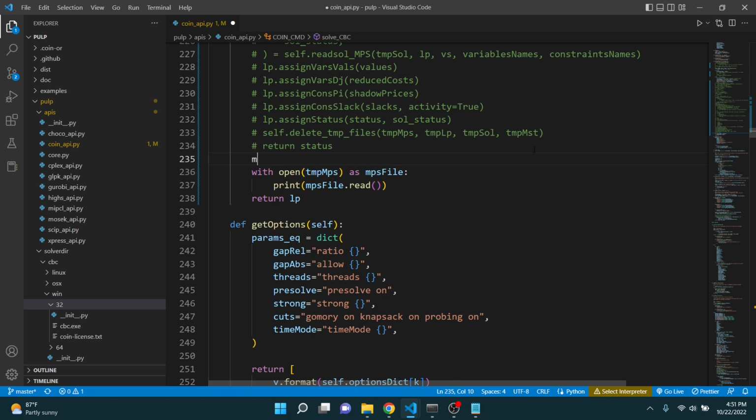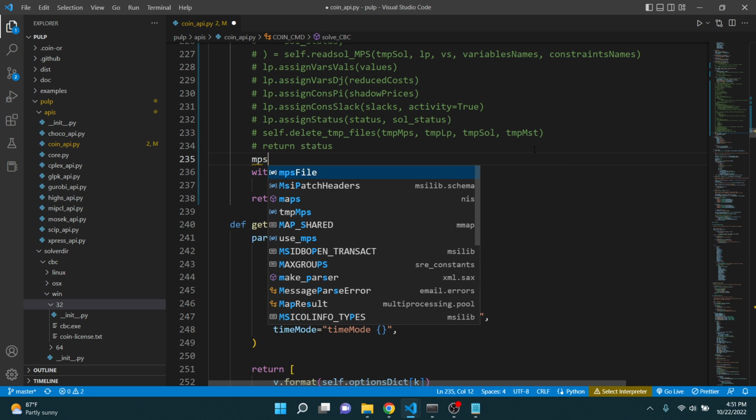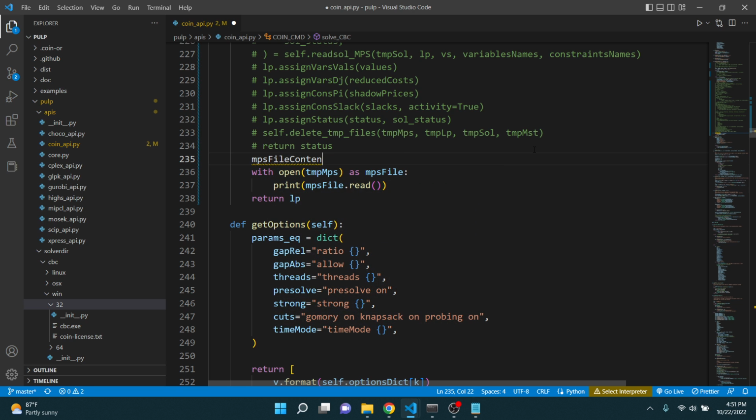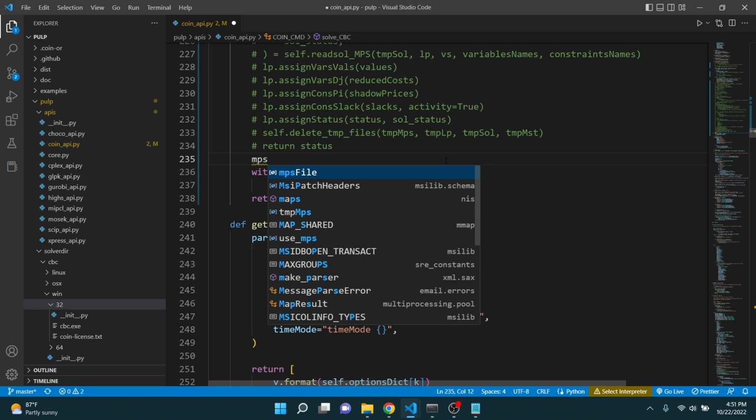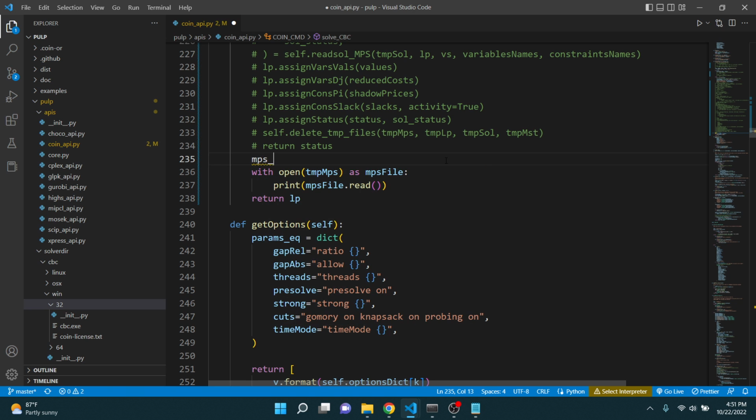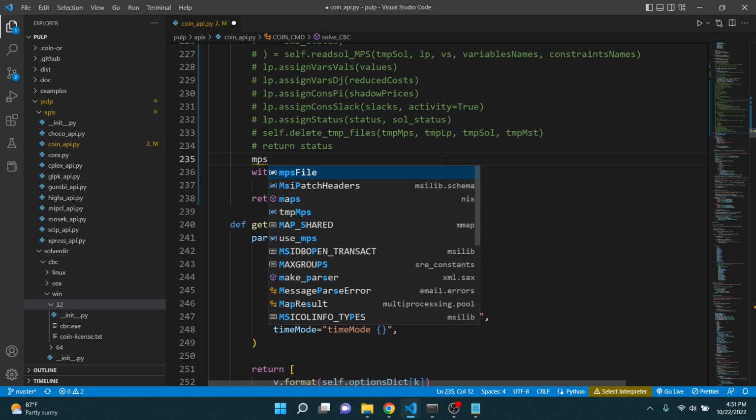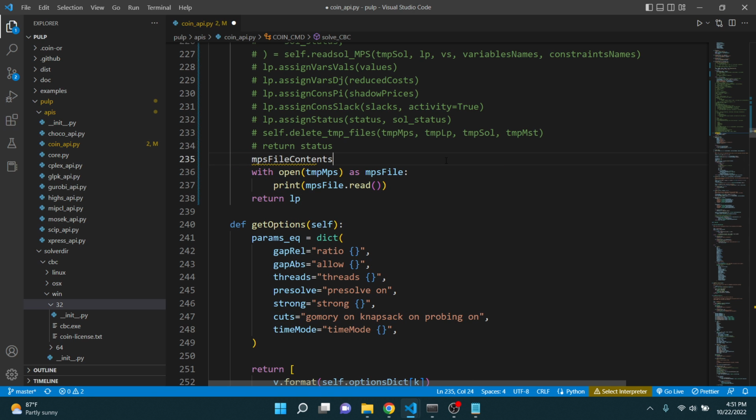Let's just make a variable outside of the scope. MPS file contents. Let's make it. These guys are using camel case, whoever wrote this, so I guess I'll just stick with that convention, even though I think Python usually uses underscores. MPS file contents, but it doesn't matter. Just convention equals none,